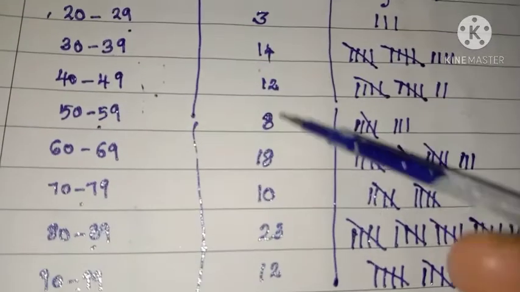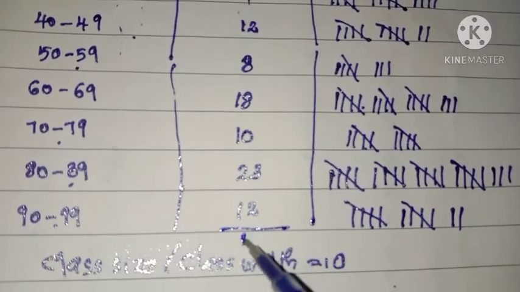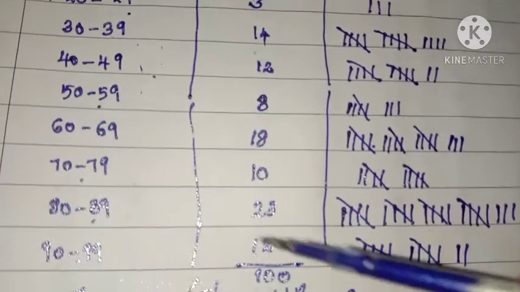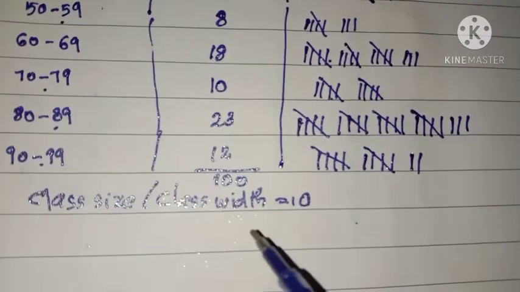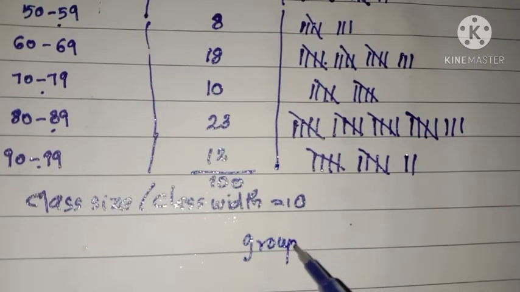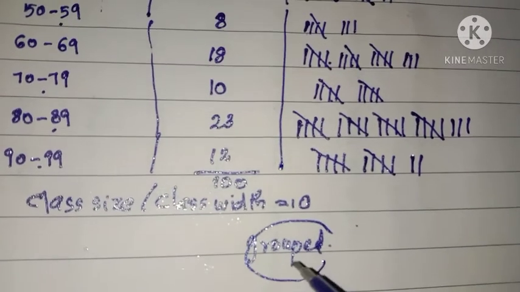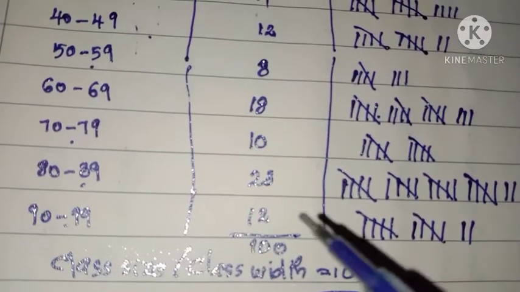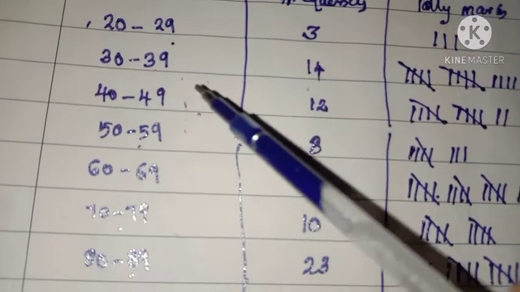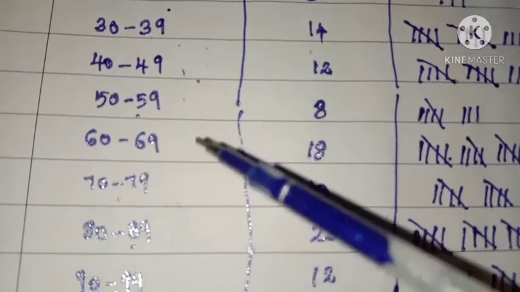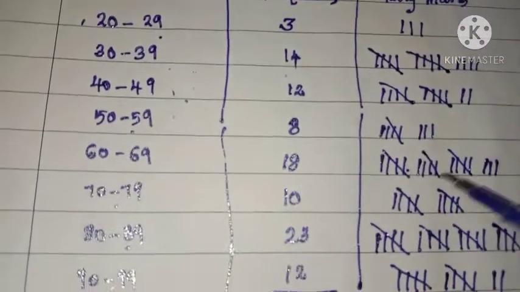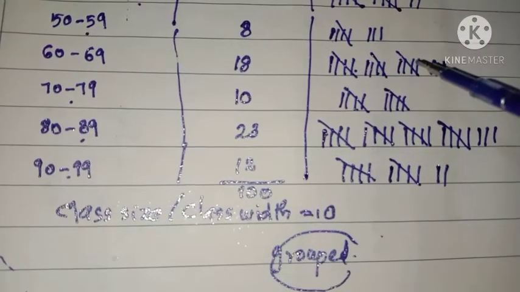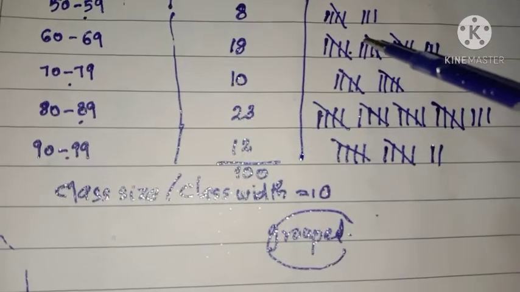See, if you add these frequencies, you can see that there are 100 plants, the total number of plants we get. So, this is a frequency distribution table for grouped data. Grouped data means a large quantity of data, and we simplified this data and presented it in the form of class intervals. Therefore, this table is known as a grouped frequency distribution table.